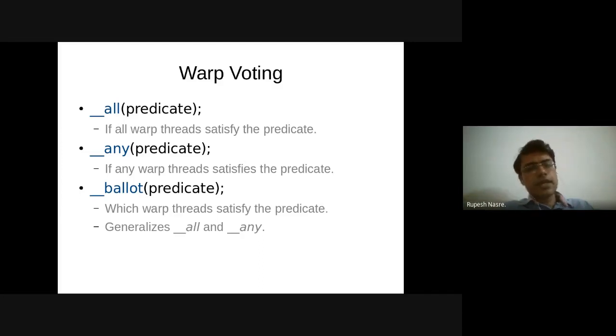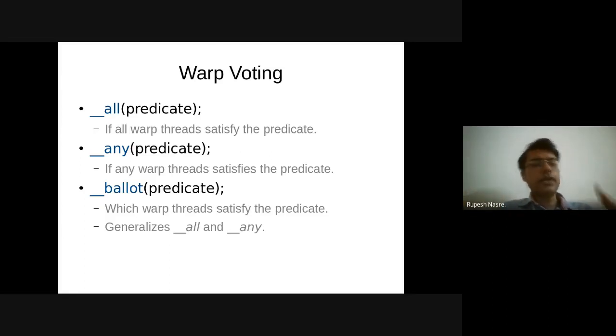If I have to satisfy a certain predicate, let's say I want to check if a particular data item, a of threadIdx.x, is equal to 1 or less than 100 or something like that, that predicate I can give to different threads in the warp and get an aggregate answer out of only the warp threads. For example, if there is an __all predicate, then that predicate gets evaluated by all the warp threads, and that answer is available to me as a bit pattern.